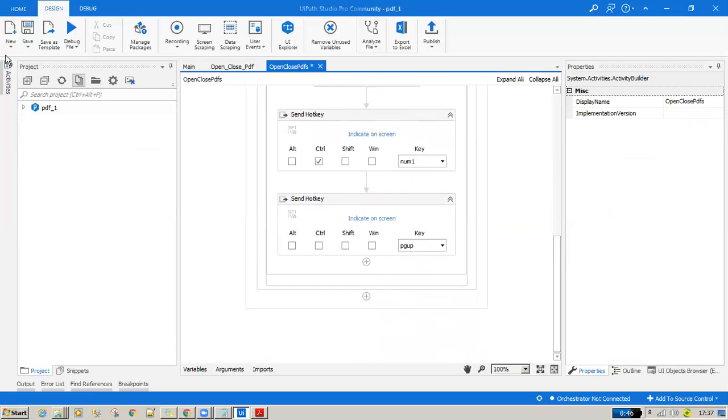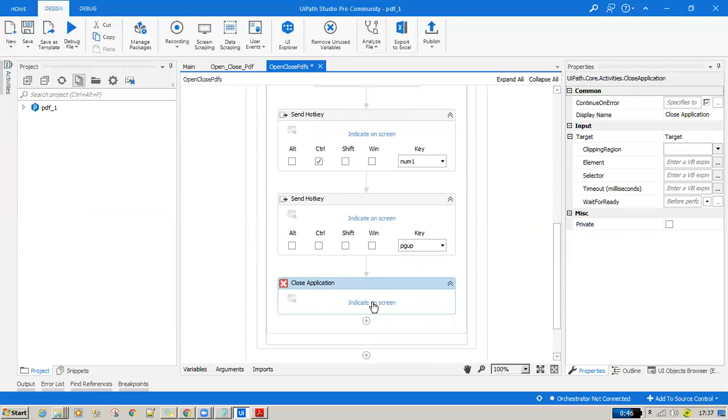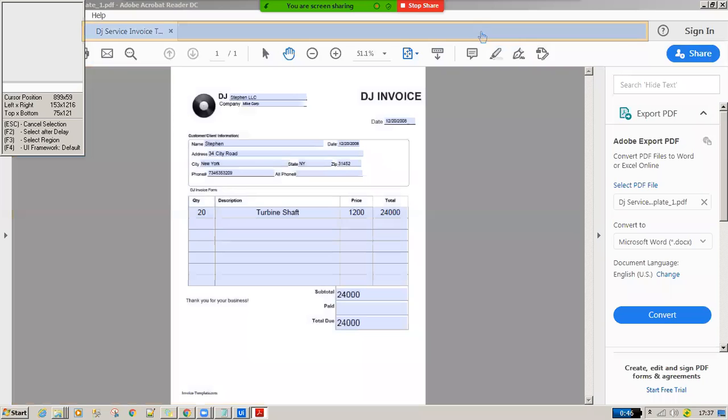And I need to close each individual PDF as well. In order to close it, we have an activity called Close Application. I'm indicating this on the screen.